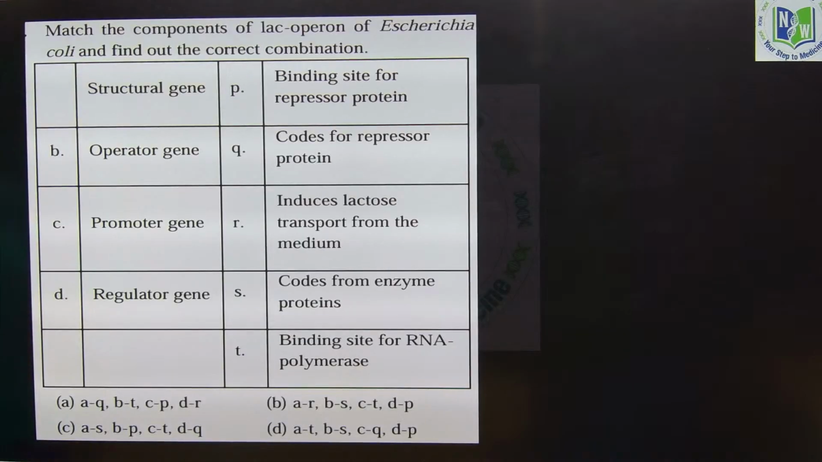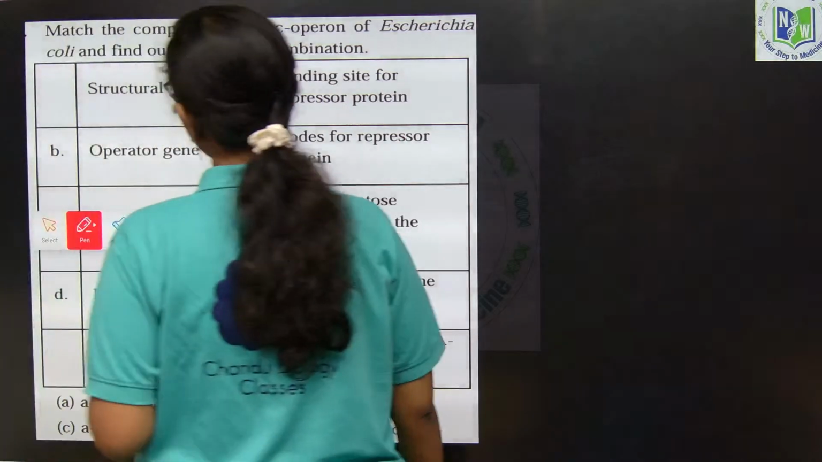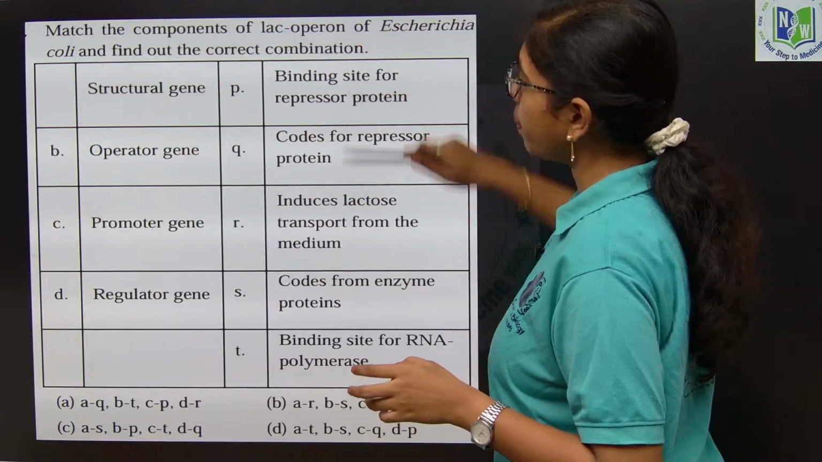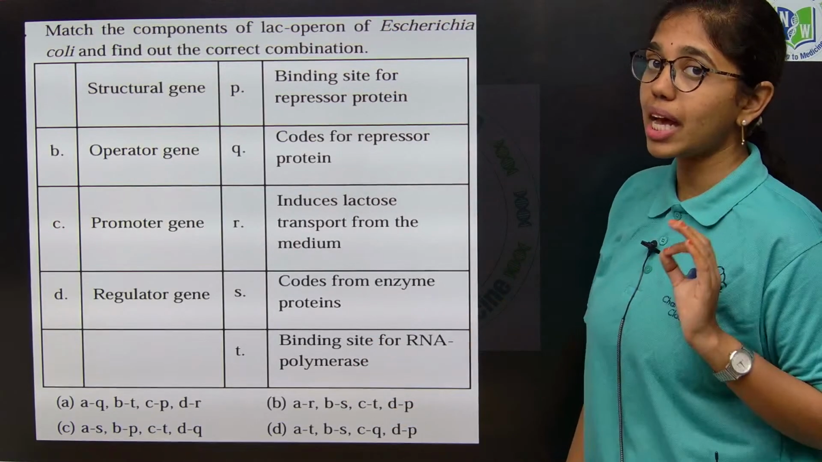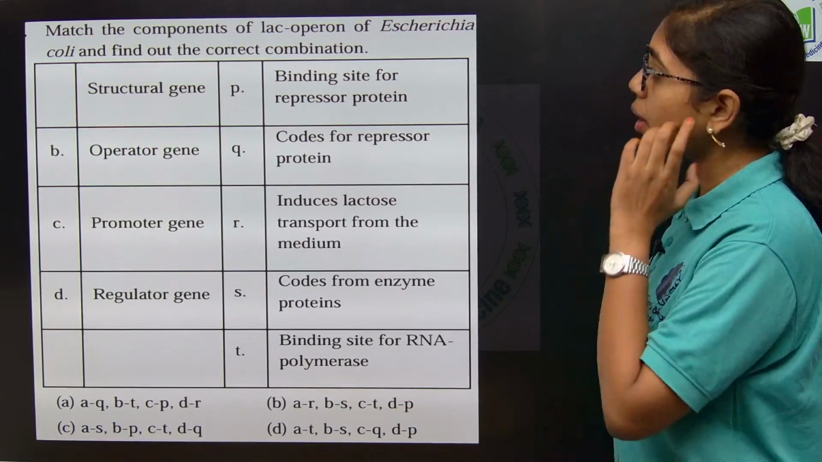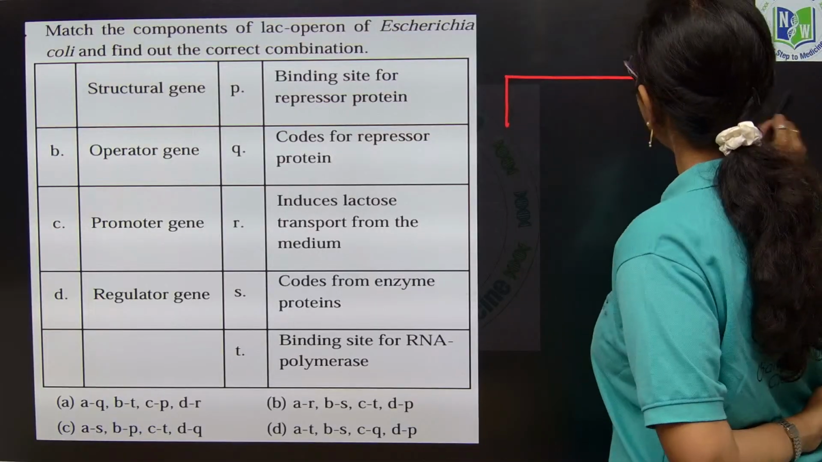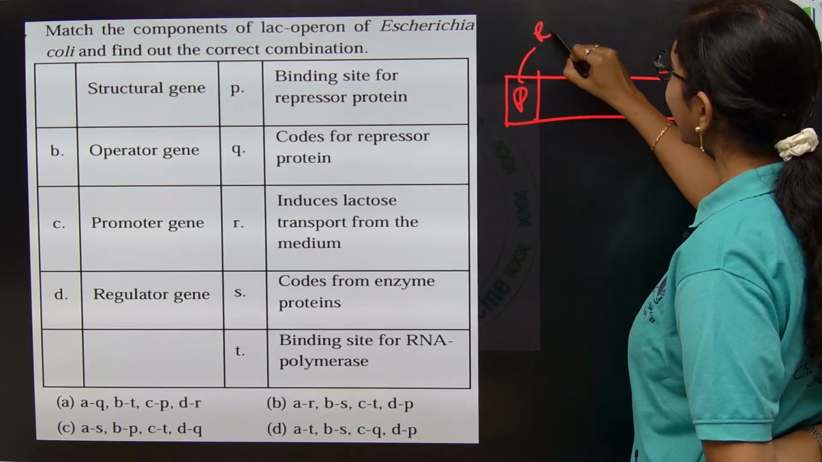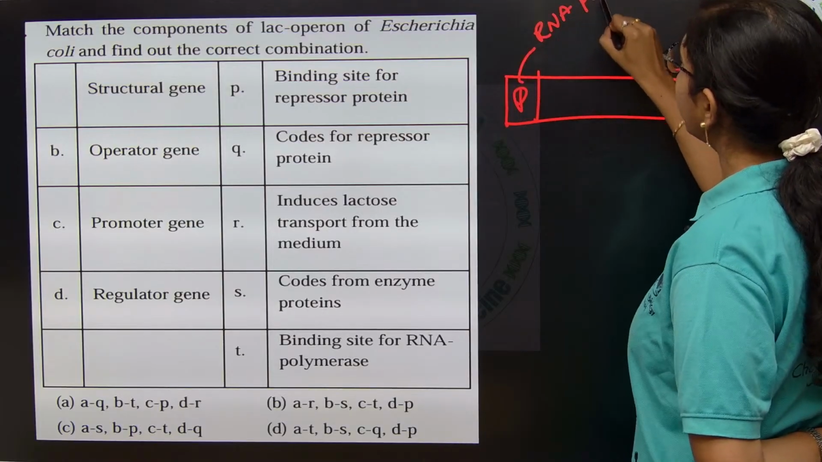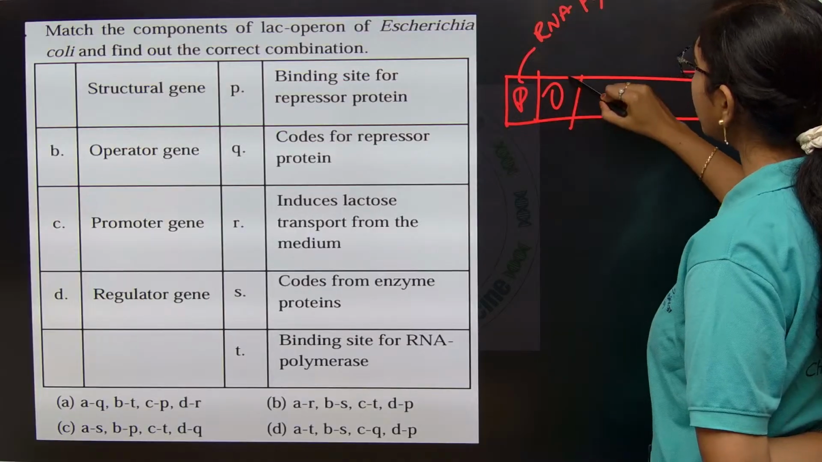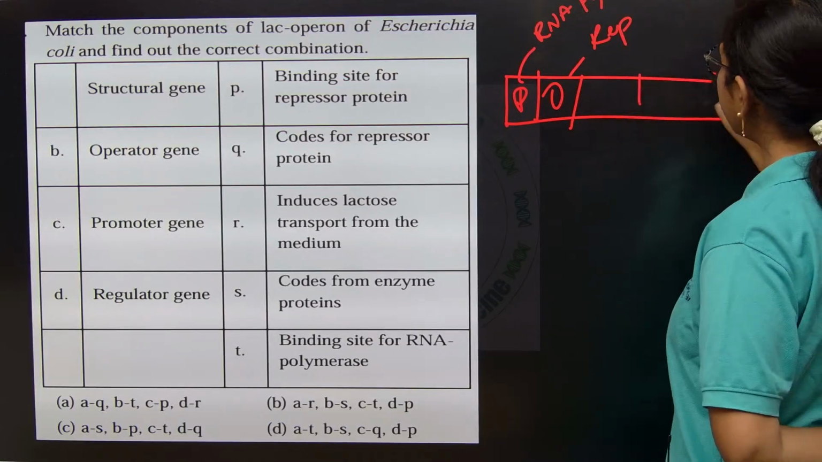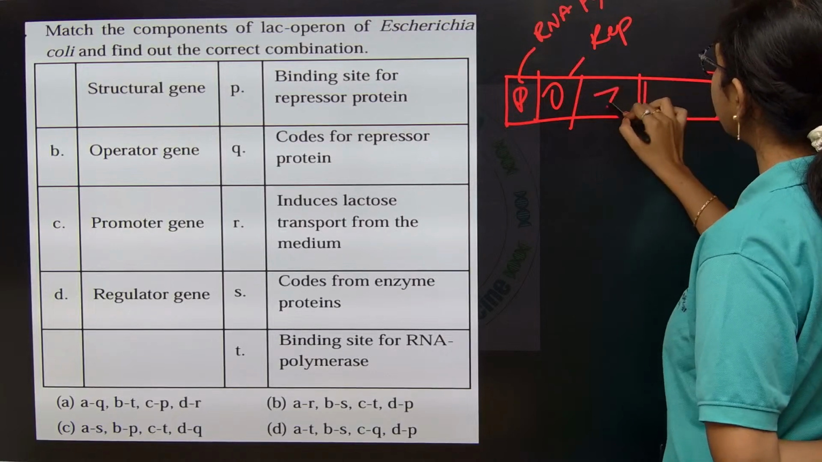Yeah, look at this question. Match the components of lac operon of E. coli and find out the correct combination. If you see the PYQs, many times questions are asked on the lac operon, a very important model. Here, first will be the promoter region. To the promoter region, RNA polymerase will always bind, remember. Next, followed by that, the operator region. To the operator region, the repressor will come and bind, and this is followed by structural genes, that is Z, Y